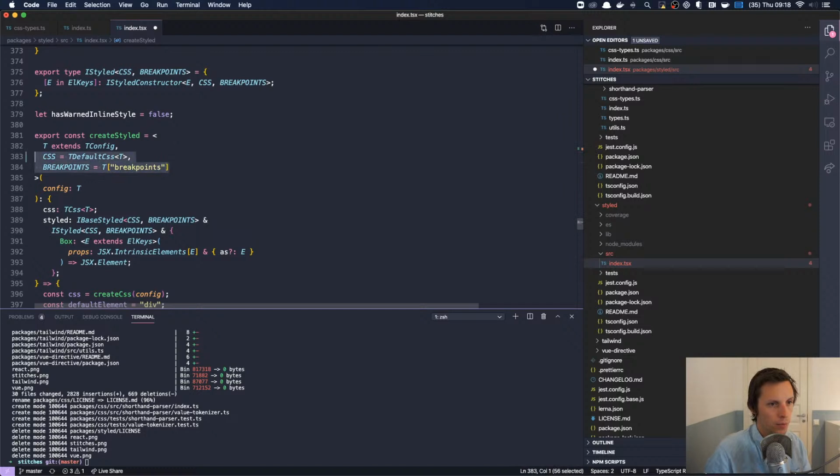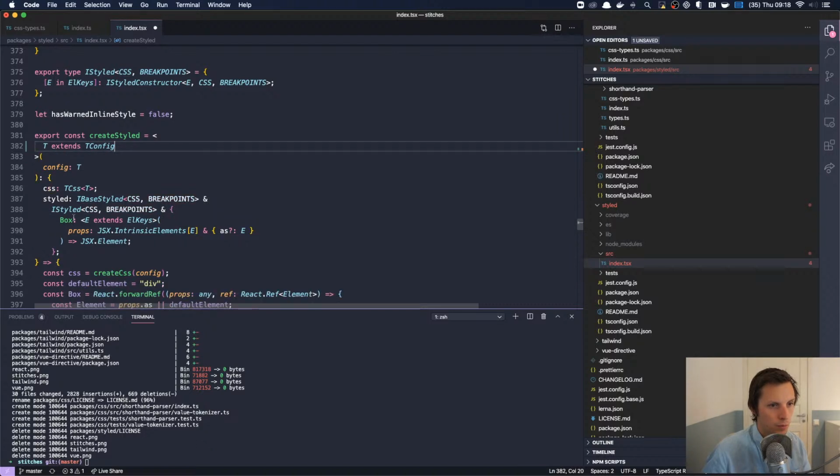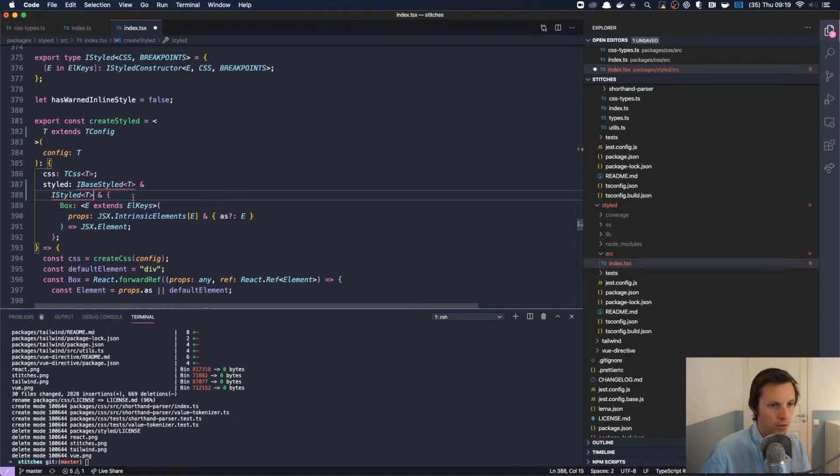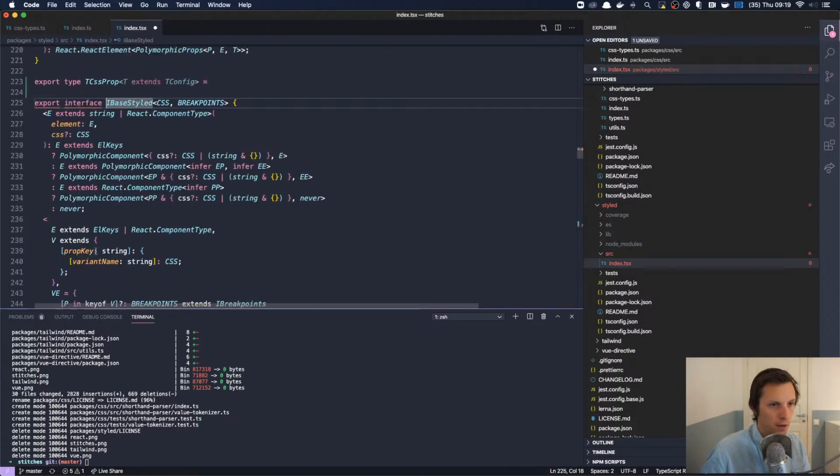Okay, so we are going to fix this where we don't do this, but we pass in the T instead. And we do the same here. Yeah, so we'll just fix the typing for utility first. And then we say T extends TConfig here.